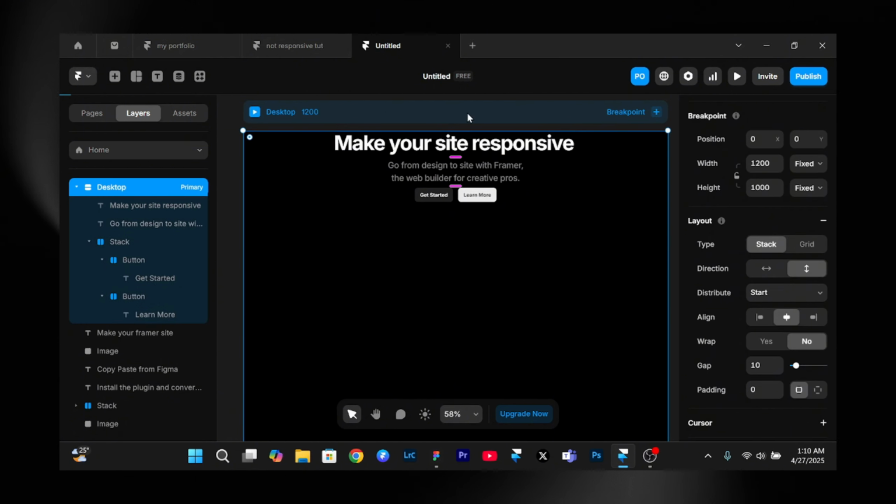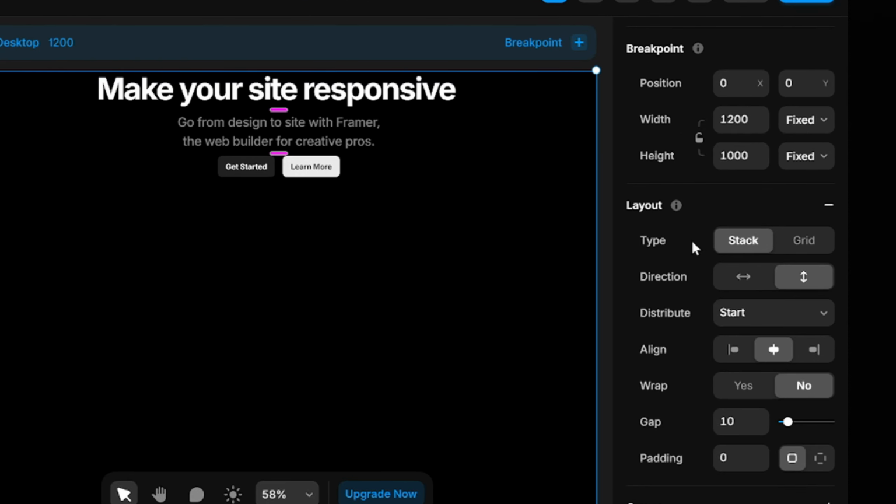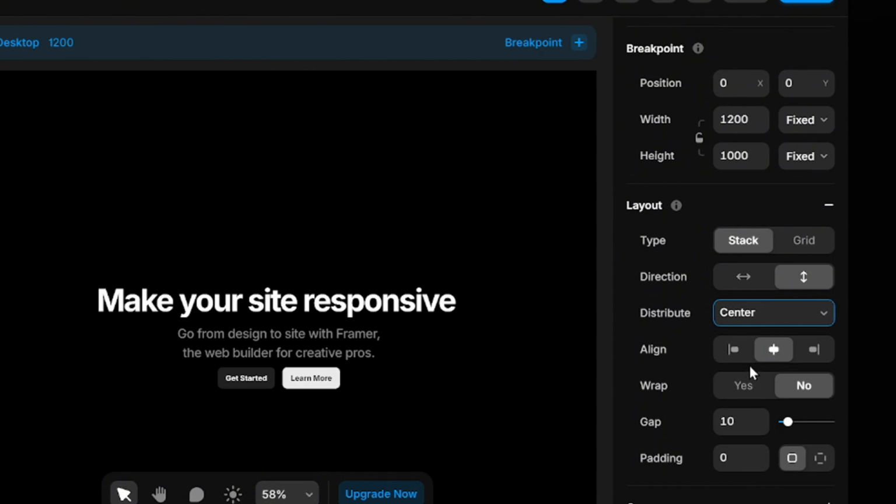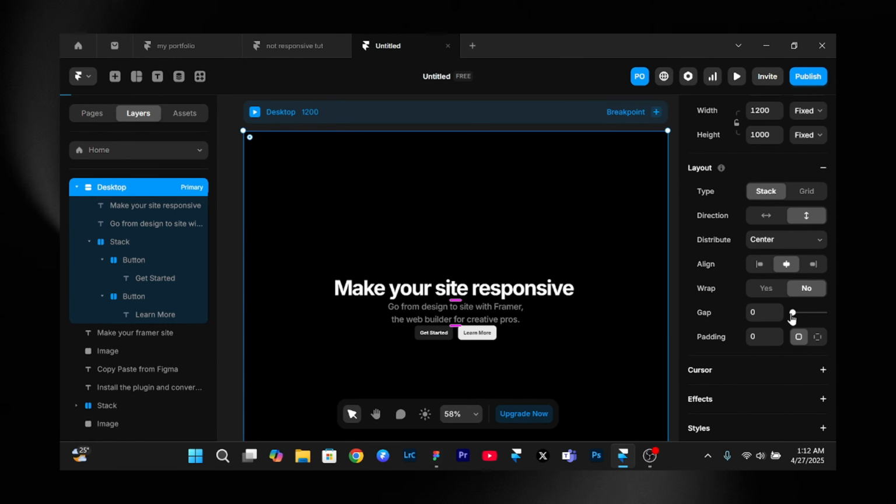So we can control the behavior of the element inside the parent frame from the layout option. So moving over to my properties menu, you will see this whole section here is dedicated for stack. So the reason why everything went to the top here is because it was set to start. And if we change it align to the center, you will see everything goes back to the normal position it was. We have the ability to change the gap between the elements of this frame, so we can change it